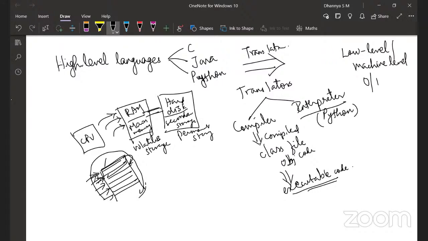Fine. Okay. Yeah, thank you. But in the case of C, C++, etc., the compiler itself is architecture dependent. That is, for a particular machine, you need to have a particular compiler. In that case, the compiler itself will convert the high-level language to the computer architecture of the machine on which it is supposed to run. So it directly converts to executable code, which is computer architecture dependent. So the compiler itself changes from one machine to another.